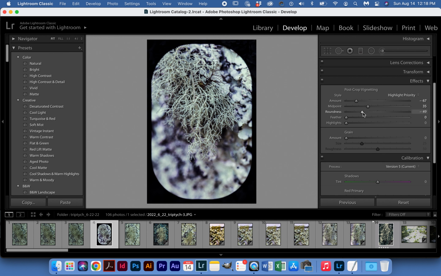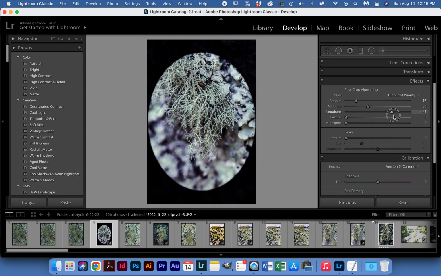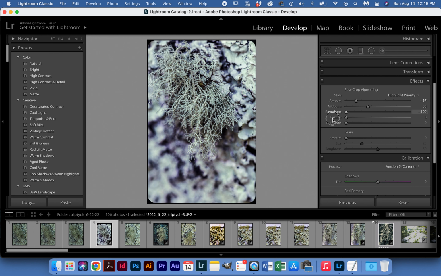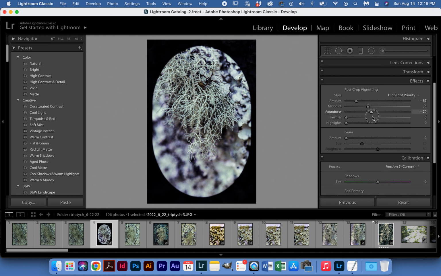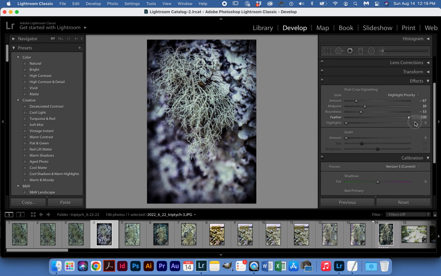And then you have your roundness, and this is the main reason that I wanted to show you the feather. So we've got a feather here, and without the feather, because you can see how when I move this slider, you can go from a perfect circle to almost just a rounded rectangle. So for this photograph, I kind of want more of that rectangular shape, because that's kind of following the shape of this object. So I'm going to bring that down, and then I will bring the feather back up to